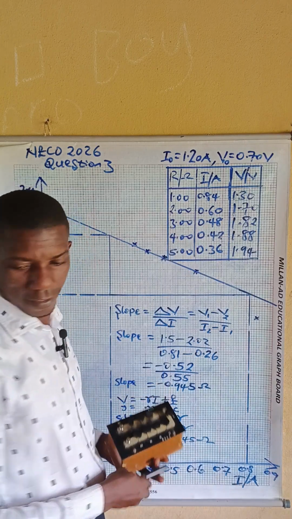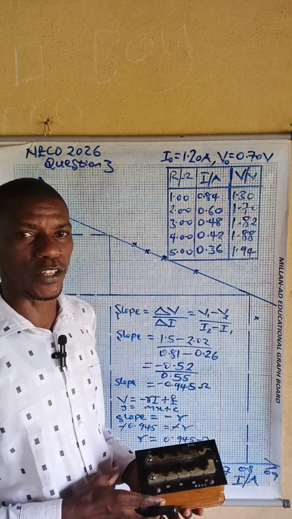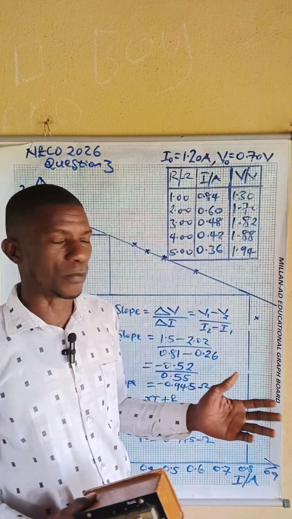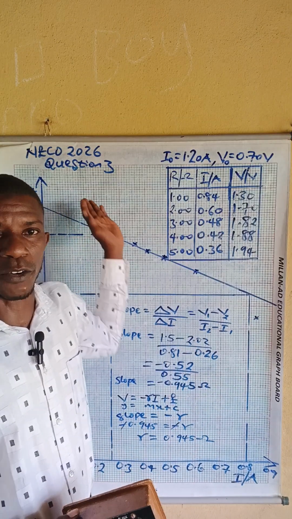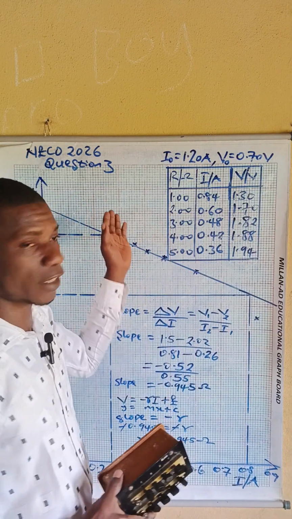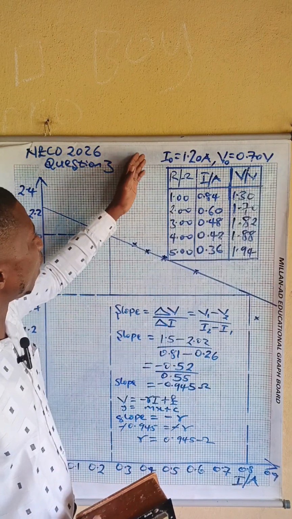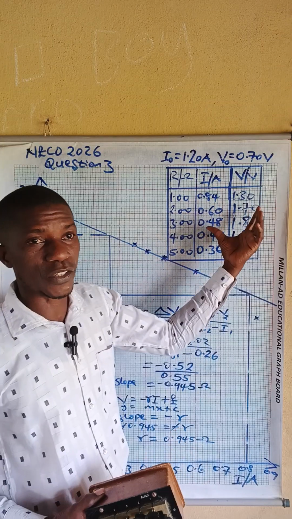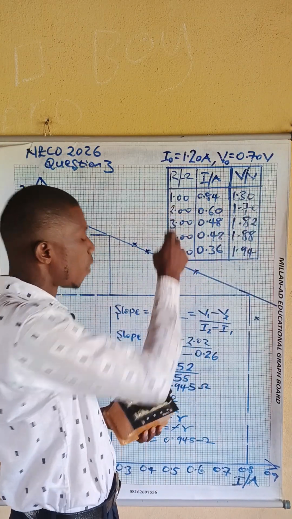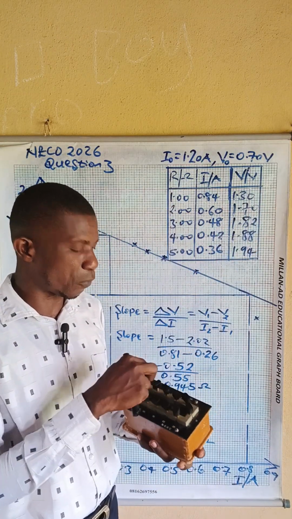Welcome to today's class. In today's class, I want to explain the results of the circuit I've designed so far in question 3. That is NECO 2026 question 3. That is on electricity. So after designing the circuit, these are the results I've gotten so far. For a resistance of 1 ohm,